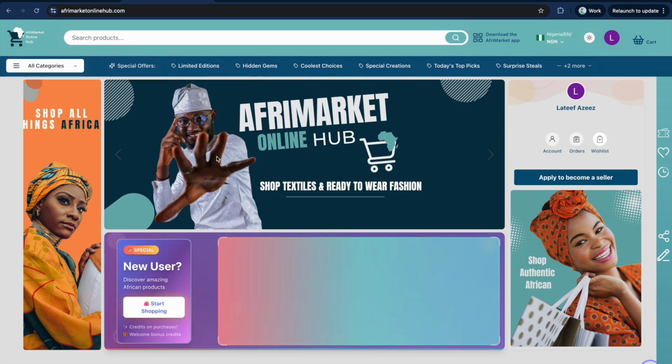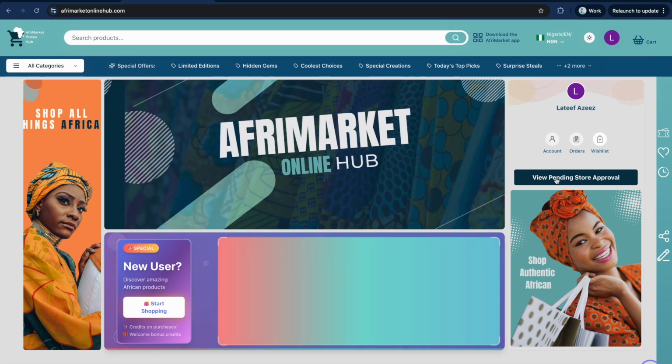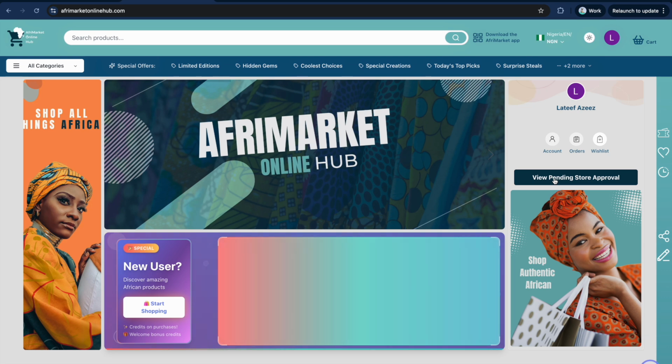Now, on the main page, if you refresh this page, the thing you see here now is that this button has changed. You now have view pending store approval. Which means we now have you created a store and it's currently being approved, it's pending, it's currently being reviewed and it's pending. The next thing you'd see is an email that lets you know when this has been